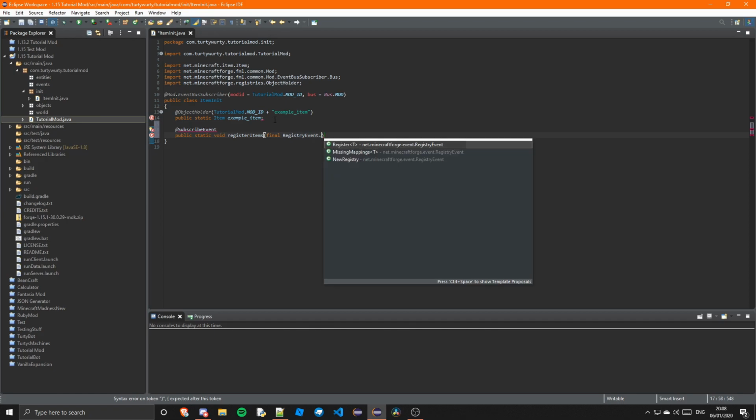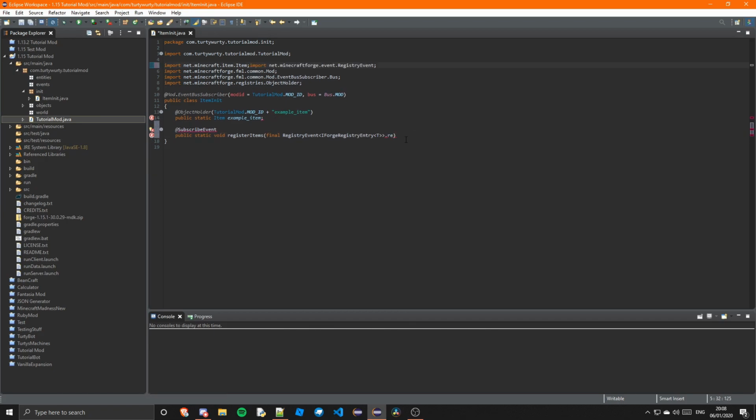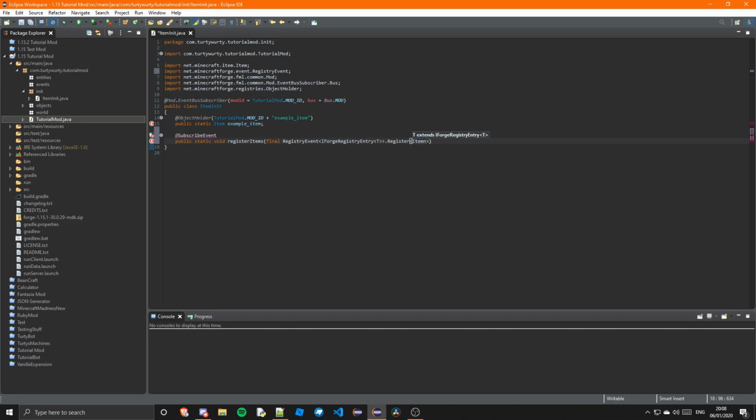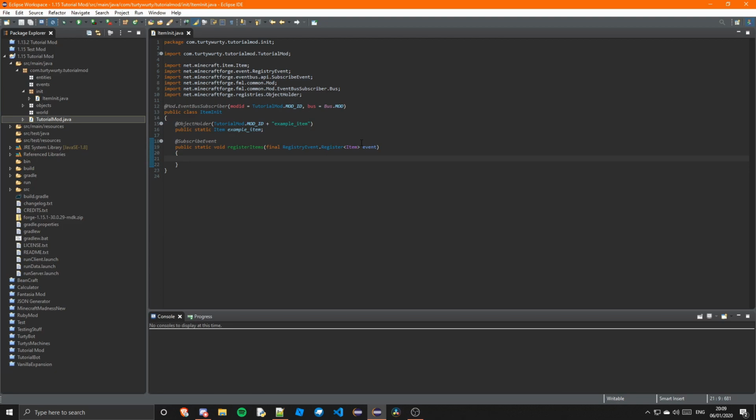RegistryEvent.Register of Item. God, that really messes up when you do that. Why does that mess up so badly? Stupid Eclipse. That is an Eclipse error that I will admit. And then event. Just import Item and SubscribeEvent using Control-Shift-O. Inside of here, we're going to put event.getRegistry().register example item. Wait, no, that's wrong. Sorry. A new Item of a new Item.Properties